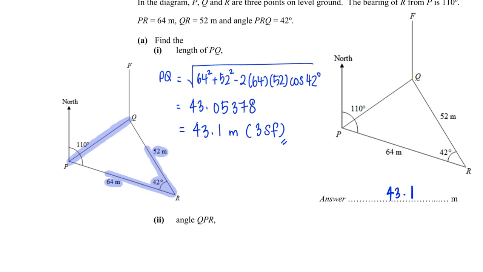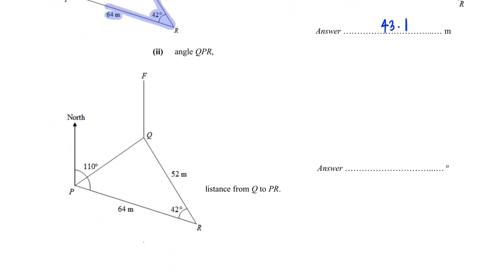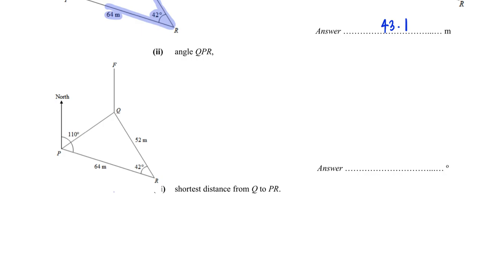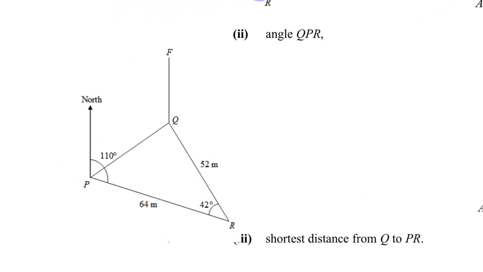Part B, angle QPR. So again, I'm going to just cut this diagram up so that it's neater and easier for us to see. For part B, we need to find the angle QPR. Angle QPR will be this angle. So let's see. Well, we could use,